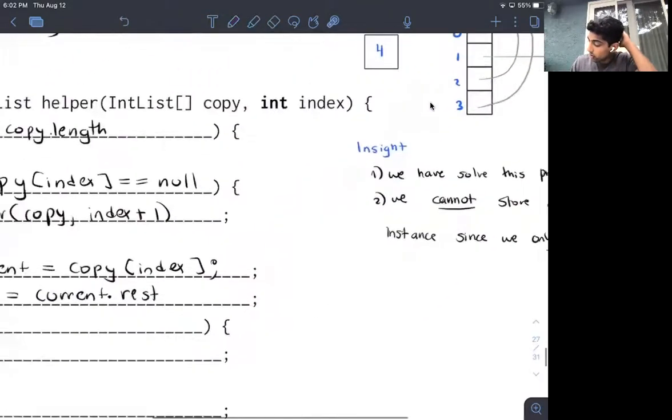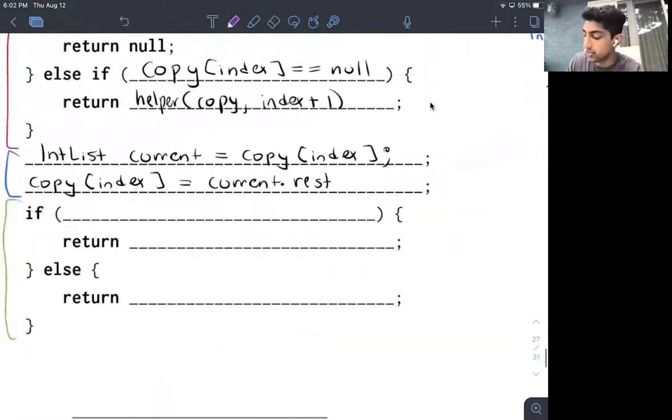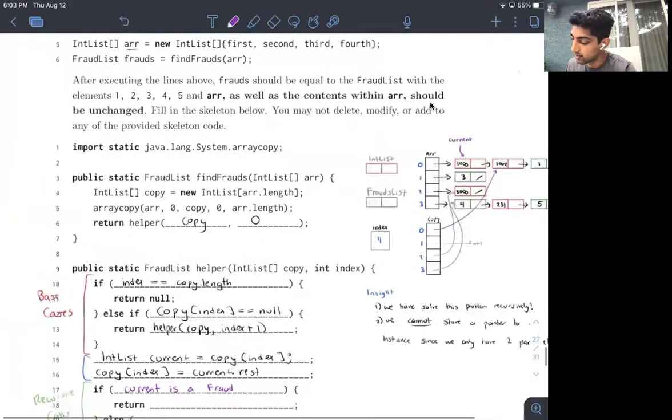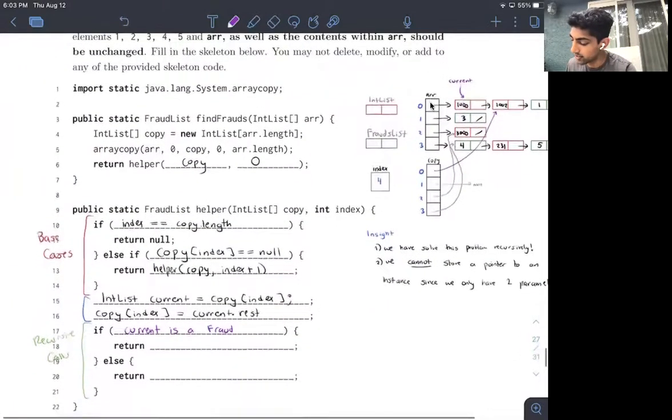How that looks in code, in pseudocode, let's start there, is I say if current is a fraud, I honestly don't know if it's called fraud or frauds list. Okay, it's fraud list.